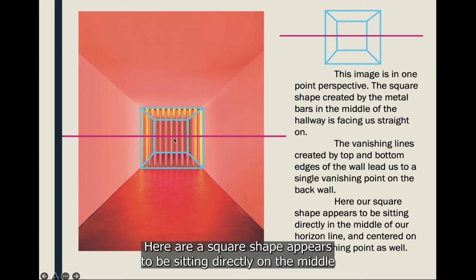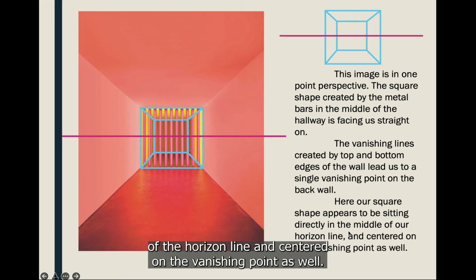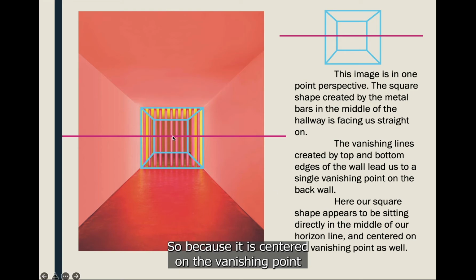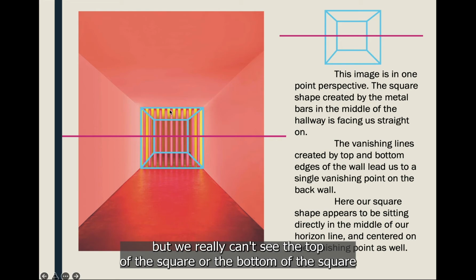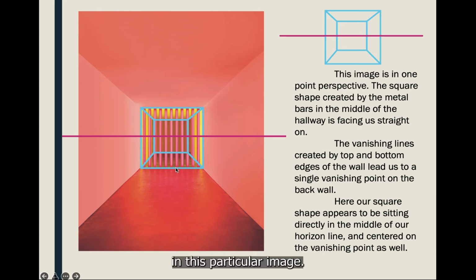vanishing point here. Here our square shape appears to be sitting directly on the middle of the horizon line and centered on the vanishing point as well. So because it is centered on the vanishing point and it's on the horizon line, we can see the front face, but we really can't see the top of the square or the bottom of the square in this particular